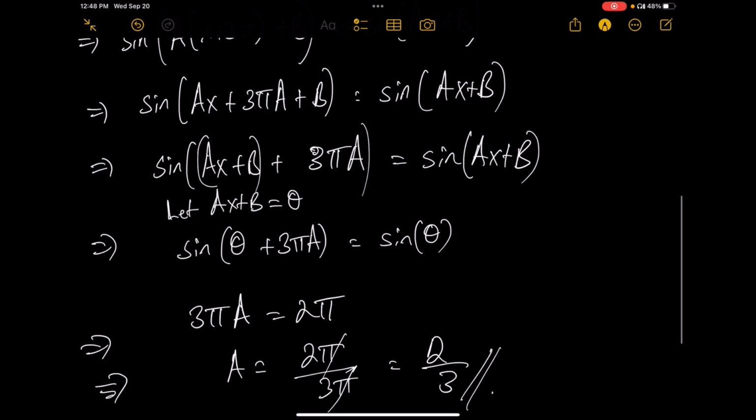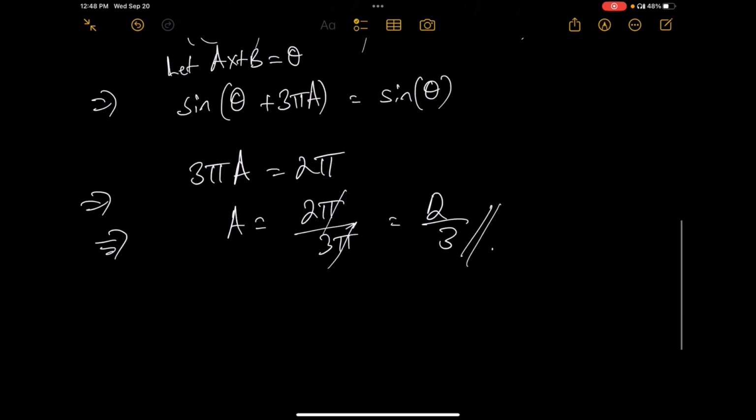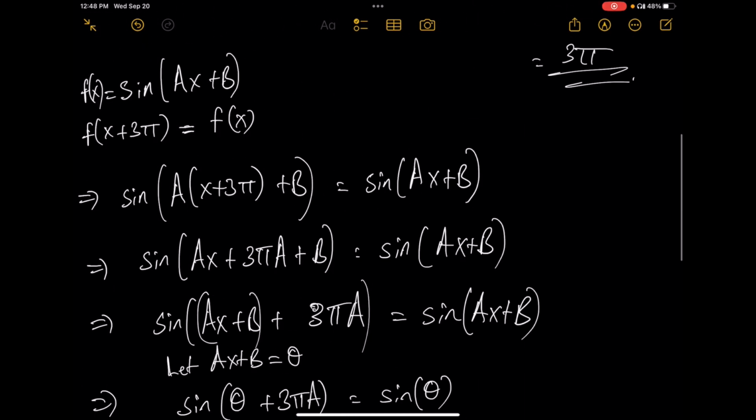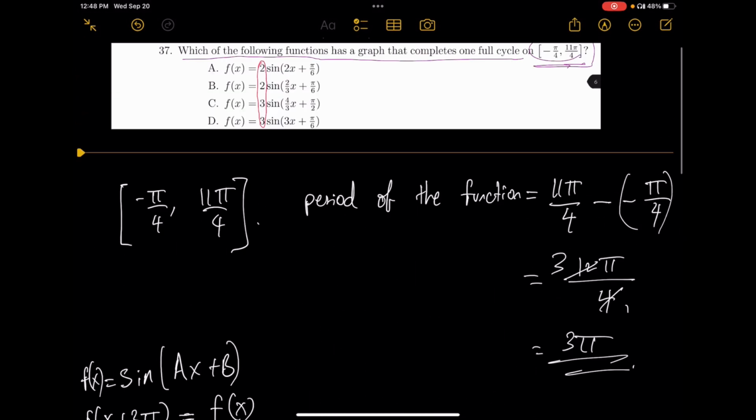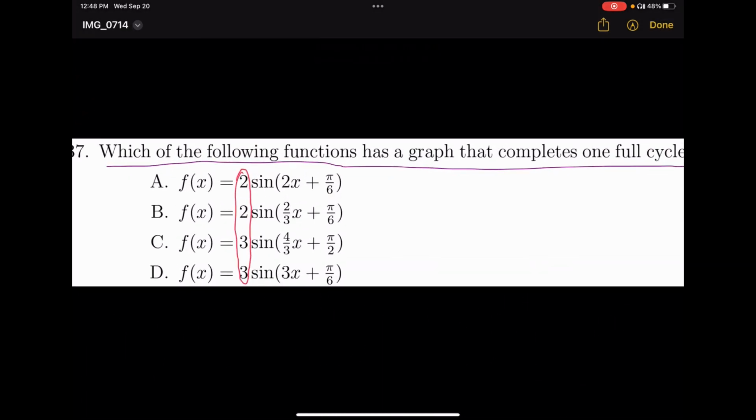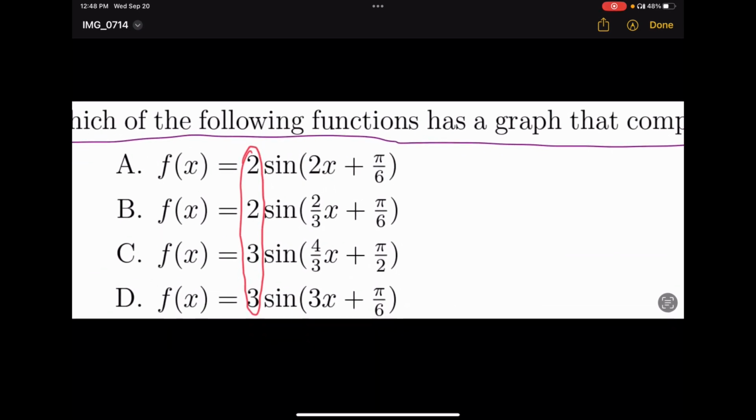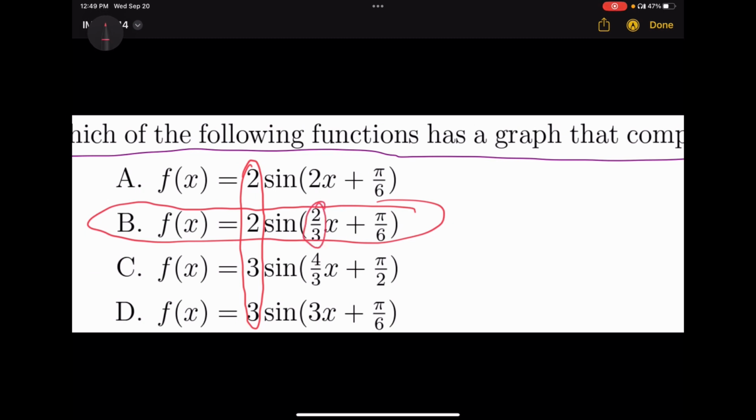So the x coefficient needs to be 2 over 3, and that is this one. The other options are 4 over 3 and so on, so since this is the only one with x coefficient 2 over 3,